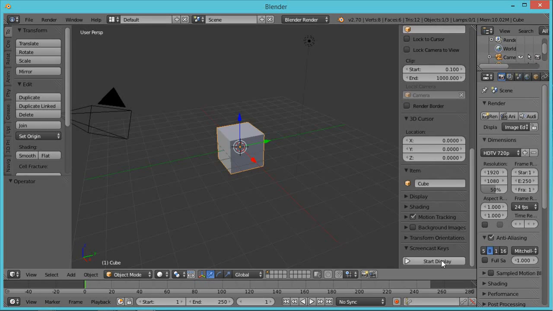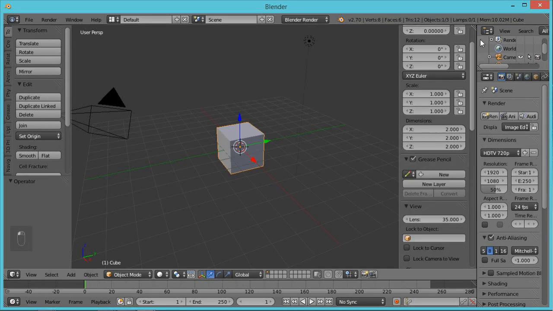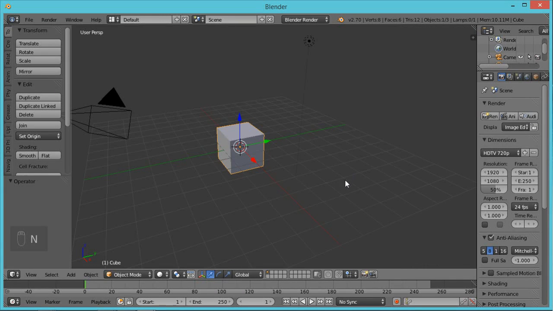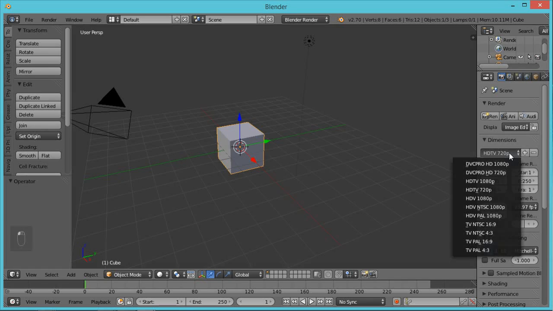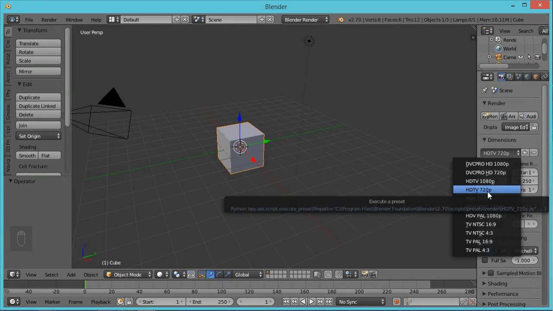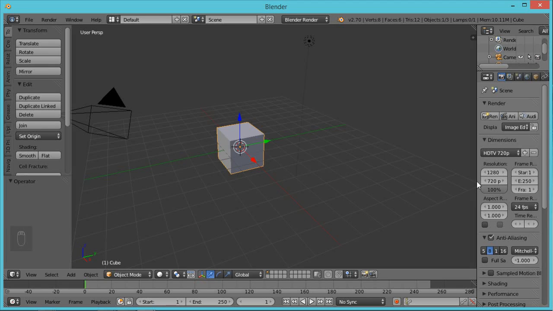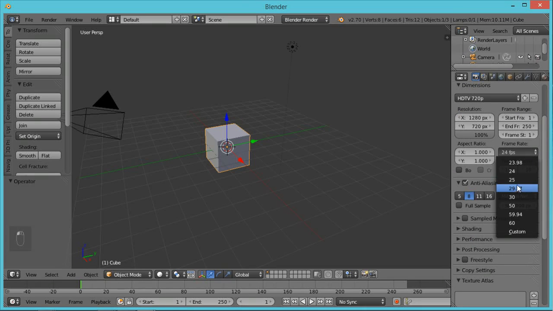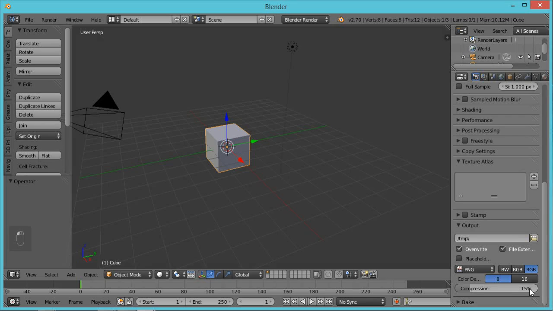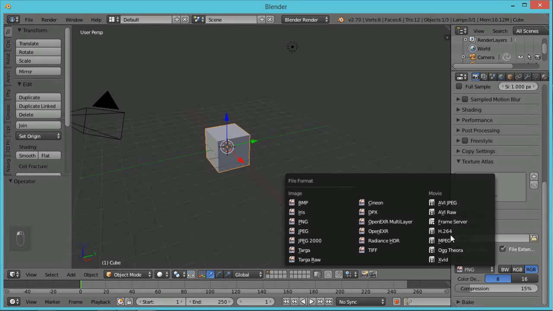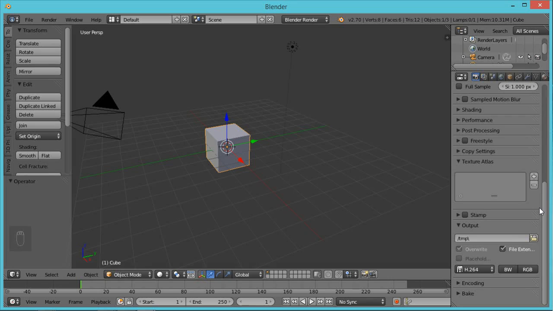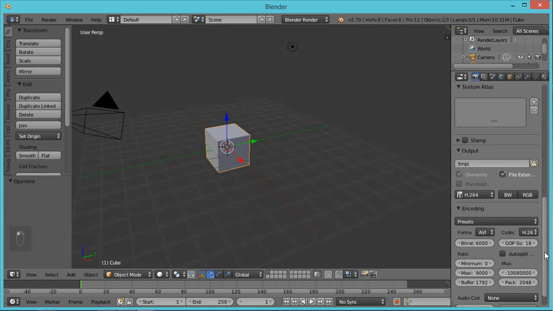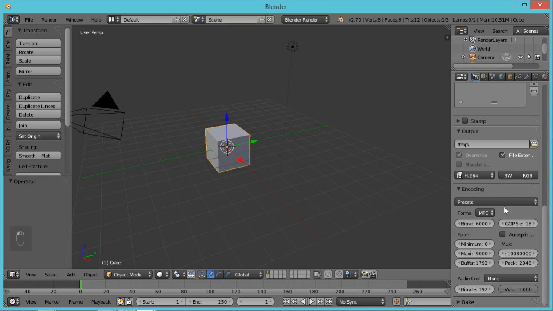So what you're going to want to do now that you are back in a new Blender file is, all of this stuff is reset. So I'm going to change this to 29.7. I'm going to reset this to HDTV 720. Pull this out so you can see this. The next time we render out, we're actually going to be rendering out a video. I'm going to change this to 29.7, and I am going to change this PNG to H.264. The encoding, I'm going to change this from AVI to MPEG-4,